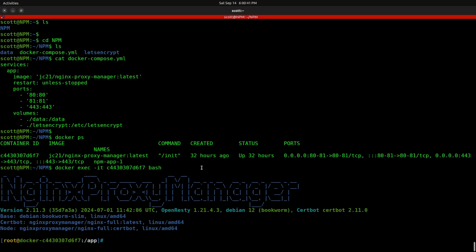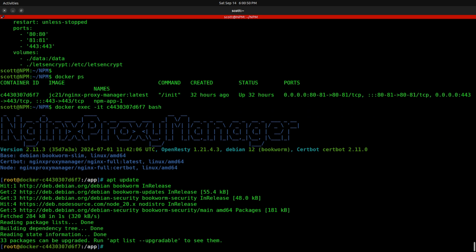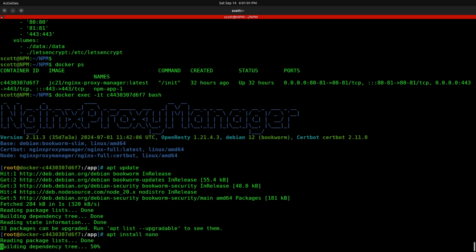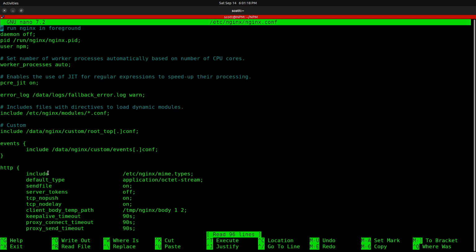So for the purposes of this run and this run only, we're going to go ahead and do an apt update to update the repositories of the container inside of the actual container for NginX Proxy Manager. And then we're going to do an apt install on nano. And once nano is installed, then we're going to go ahead and do a nano on /etc/nginx/nginx.conf, which is the NginX configuration file, and it pops up inside of the nano editor listing the contents of